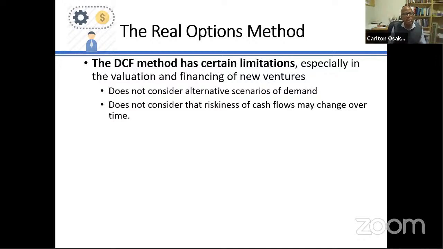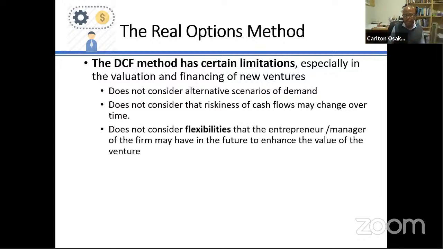So it usually uses a single discount rate, a single risk-adjusted discount rate, which implicitly assumes that the risk of the cash flows is the same over time. And so it doesn't consider that from year to year, the risk might be different. Okay? And this is particularly true of new ventures. Initially, there'll be a fair amount of risk at the beginning, the first year, the second year, and so on. But then once the business gets running, the risk in the cash flows will actually come down a bit. And so the discount rate that should be used should actually come down a bit. But the discounted cash flow method doesn't really account for that.